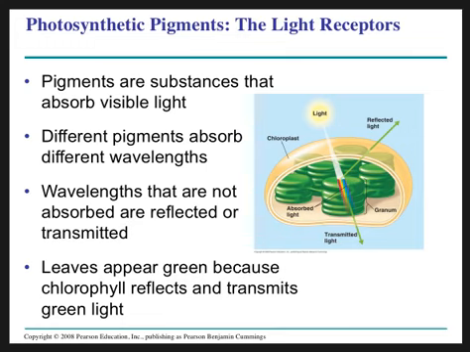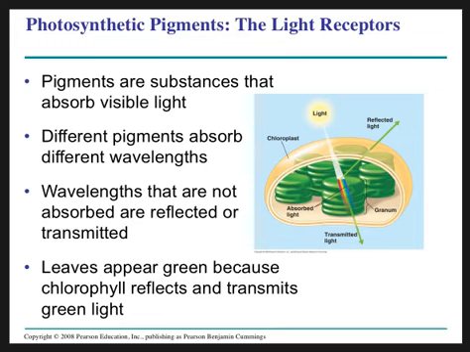Okay, so pigments. Pigments are what's going to absorb the visible light. So it's going to absorb a specific wavelength depending upon the color it is. Something that's red is going to absorb the part of the visible light that is the red wavelength. Something that is green will absorb the wavelengths that are associated with the green portion of visible light. Any of the wavelengths that aren't absorbed are reflected or transmitted, and